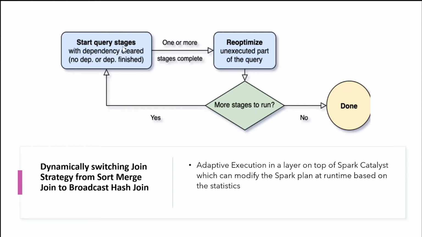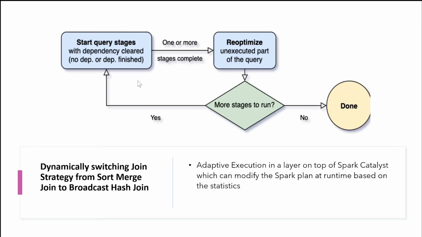So let's say it starts executing a leaf node, it runs some kind of optimizers, which are rule optimizers. The optimizers check whether there is a skew, whether coalescing of shuffle partitions is required, or whether there is any reuse of subqueries required. These kinds of multiple physical optimizer rules it will run. Based on those rules, it will create a new plan. If the new plan created at runtime is better than the previous plan, it tries to switch to the new plan. So at every stage, it will try to re-optimize the plan and run the further stages.